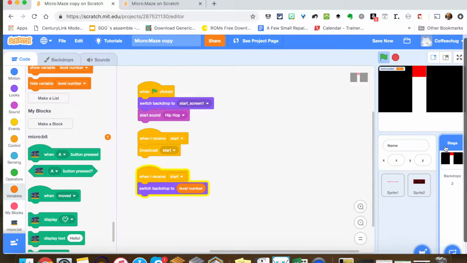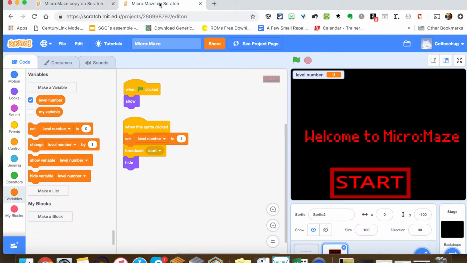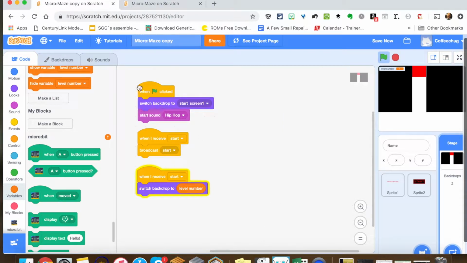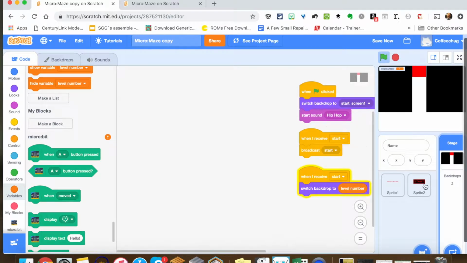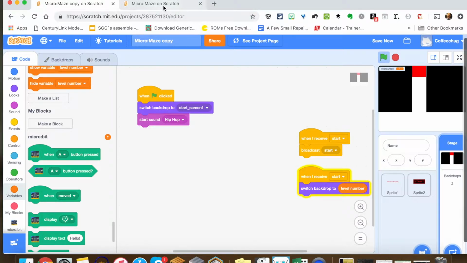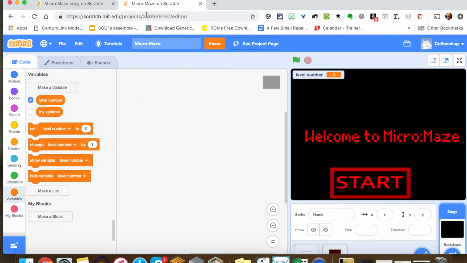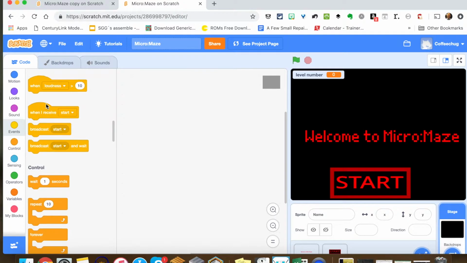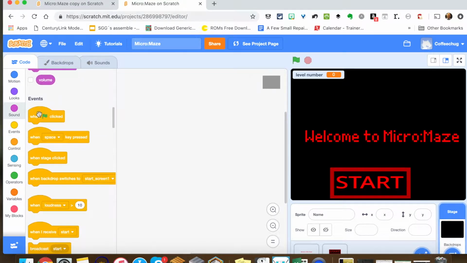The next thing is we want to click over here on the stage and get a couple of things ready to go. If I go over here to the stage, you can see that we currently don't have any code, so we want to drop these blocks over. The first one: we want to make sure everything is set up the way we want, because as we play the game and get to different levels, the different screens are going to look different. So we're going to drop over here to our controls, to our events, and